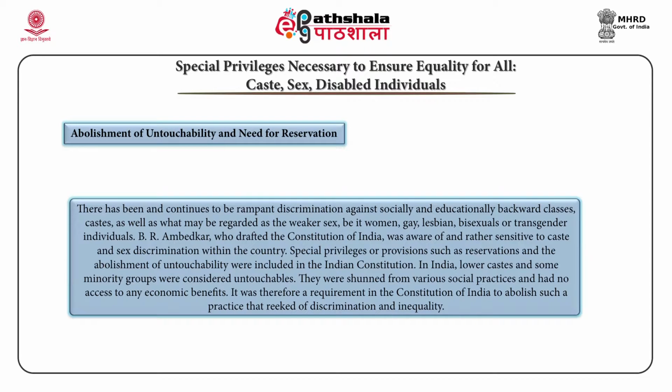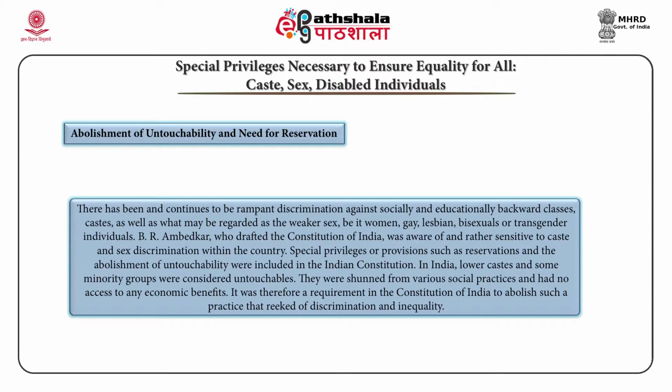B.R. Ambedkar, who drafted the Constitution of India, was aware of and rather sensitive to caste and sexual discrimination within the country. Special privileges or provisions such as reservations and the abolition of untouchability were included in the Constitution. In India, lower castes and some minority groups were considered untouchables. They were shunned from various social practices and had no access to economic benefits. It was therefore a requirement in the Constitution of India to abolish such a practice that reeked of discrimination and